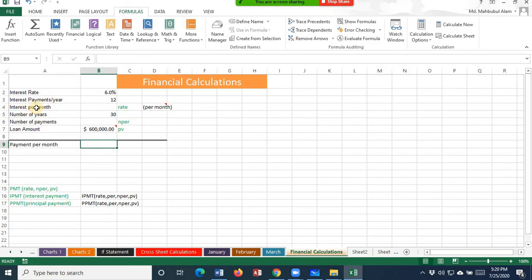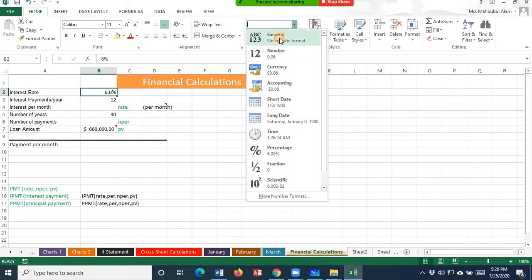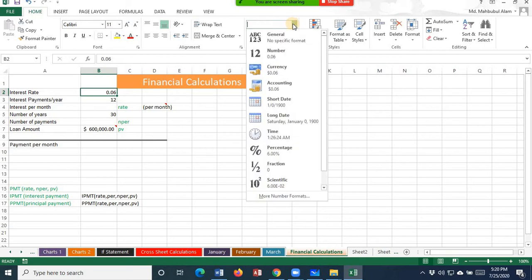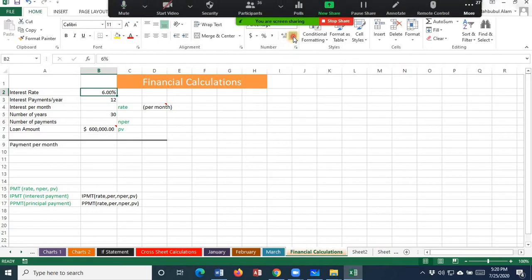We need to find out the interest rate. We know the interest is 6%. It is a percentage. Here you see percentage. It is not the value. I mentioned the other day, if you write the value, it should be 0.06. But I mentioned it is in percentage. What is the percentage? 6%. Okay, it's 6%. Now you need to